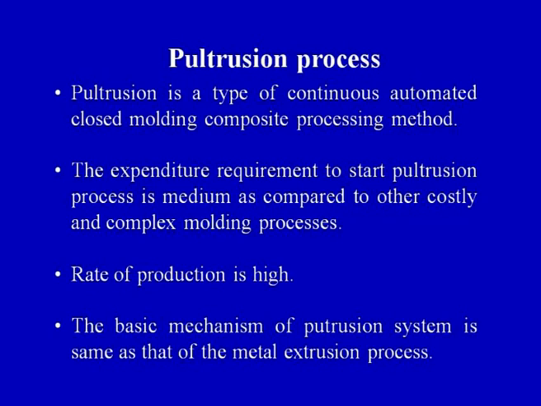So in the metal extrusion process, what is done? We have a raw material and it is extruded through an opening which is called a die. A pressure is applied with the help of a ram on the metal, and the metal comes out of the die opening in the desired shape. The shape of the final product will depend upon the shape of the die opening.